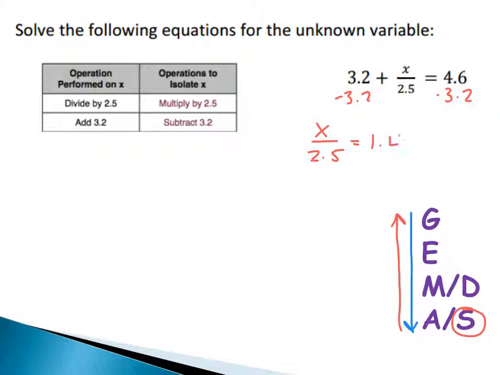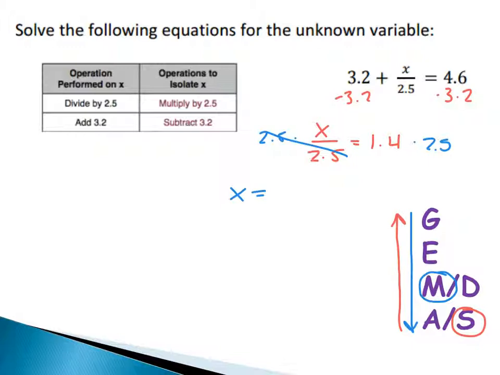1.4. And now I want you to think, I'm doing x divided by 2.5. What am I going to do next? Well, if I divided by 2.5, to undo that, I'm going to multiply by 2.5. So I'm going to work my way back to multiplication. So notice again how we're going the opposite way of our order of operations. I'm going to multiply both sides by 2.5, remember, because when I do something to one side, I'm going to do it to the other. 2.5 is going to cancel out, and I get x equals 1.4 times 2.5